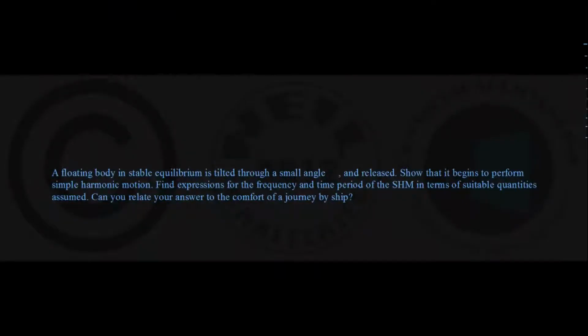We shall go for one more problem in the lecture, that is problem number 3 and the last one in the lecture, and I have chosen this one because it deals with a practical situation. Many of you who have traveled by ship for the first time have felt unwell, a bit of nausea, vomiting tendencies because of the swinging motion of the ship. So we shall see here exactly why this happens and how we can design a ship to minimize this discomfort